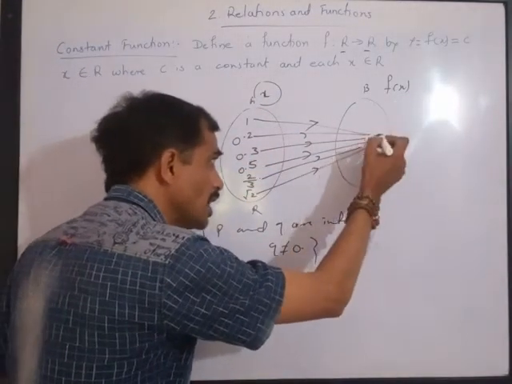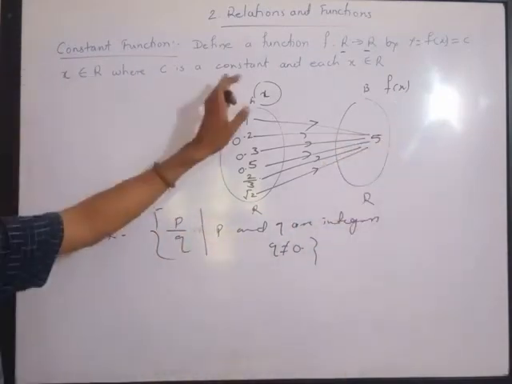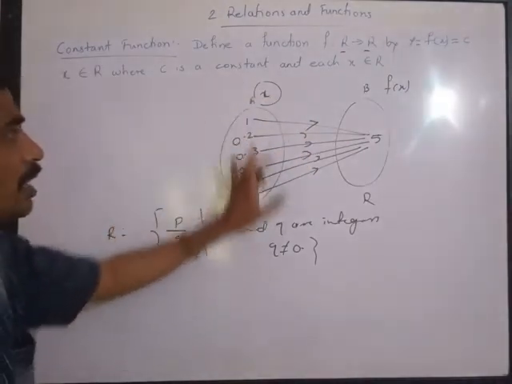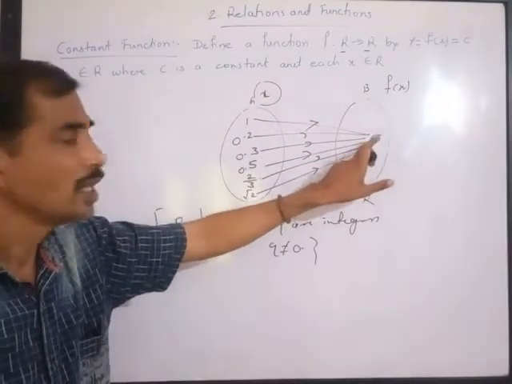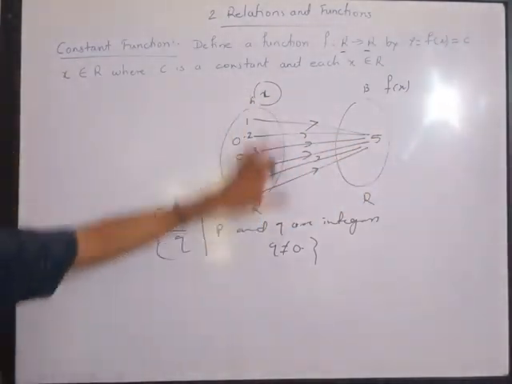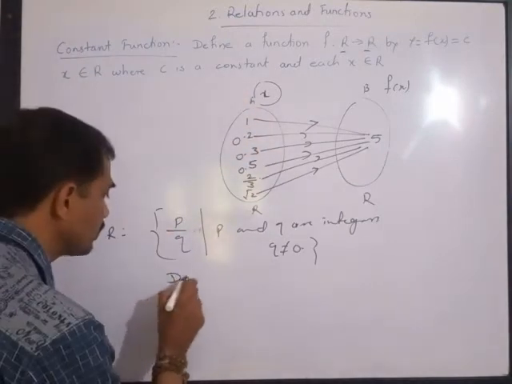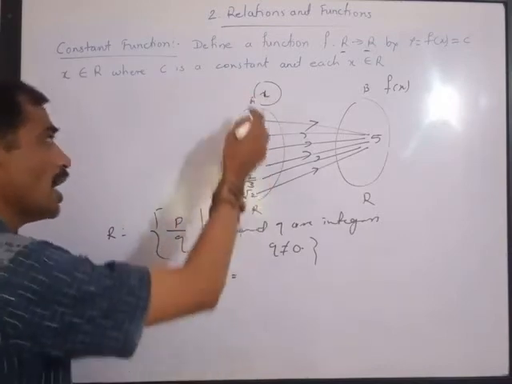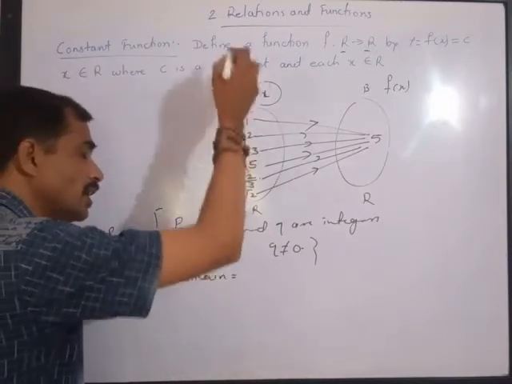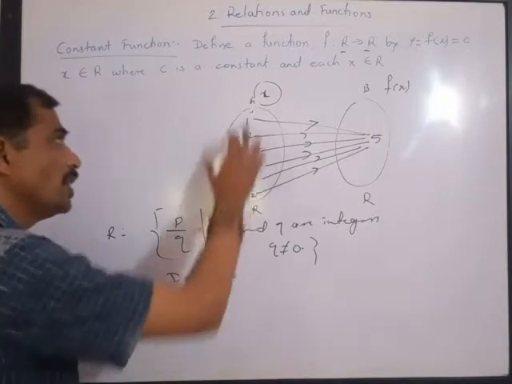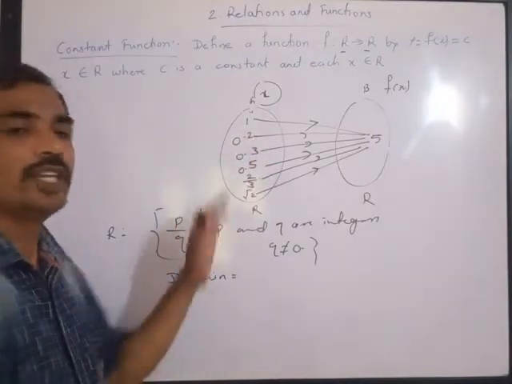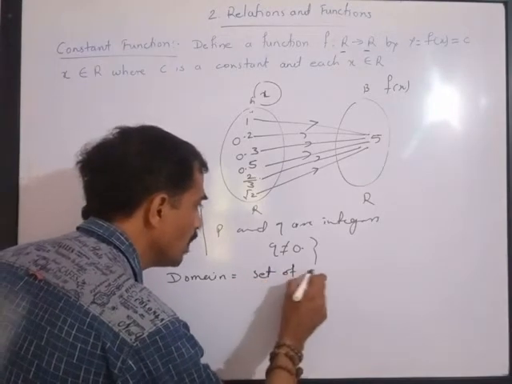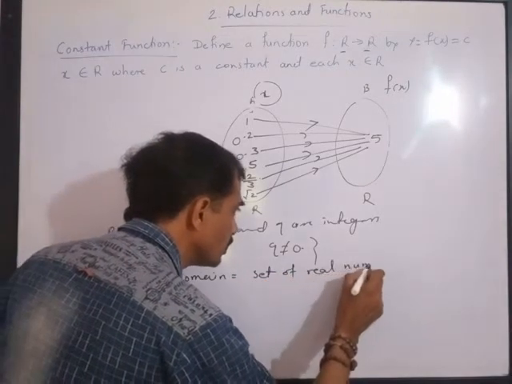You can take this as given, 5. So c is a constant for each x belonging to real numbers. So for all the real numbers, this remains constant. This does not change. So from this you will understand that the domain is here. Please note, I have not written all the real numbers. They cannot be written in roster form. This was just to explain to you. So the domain is the set of real numbers.